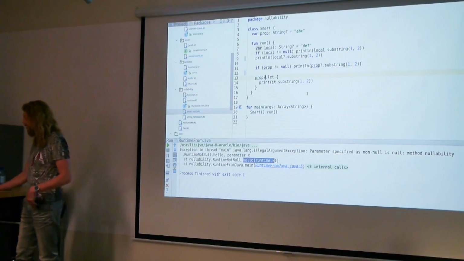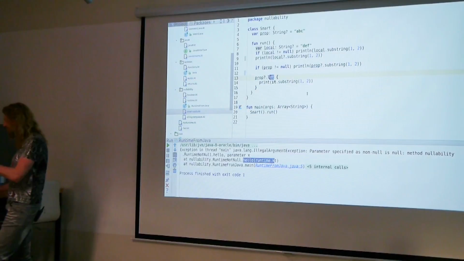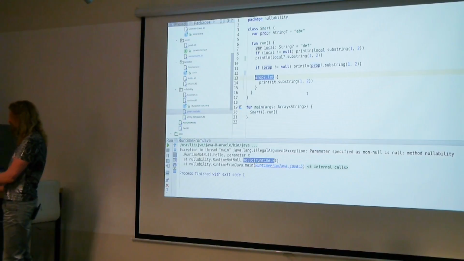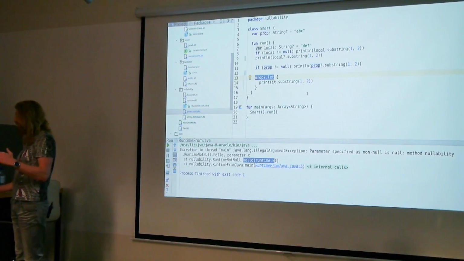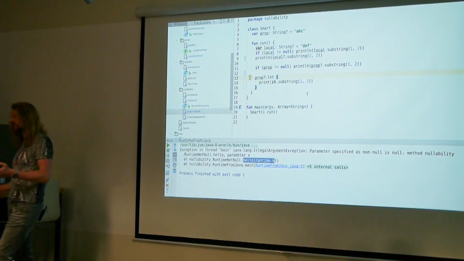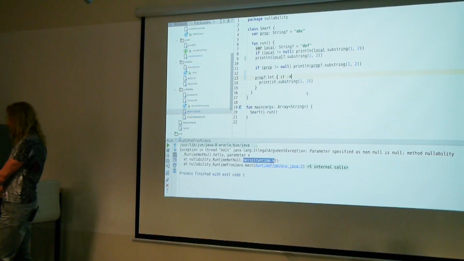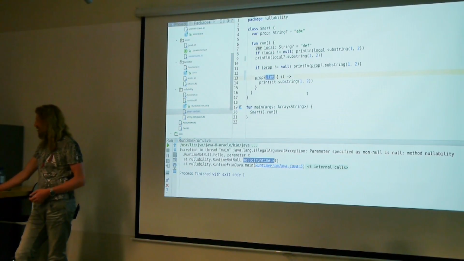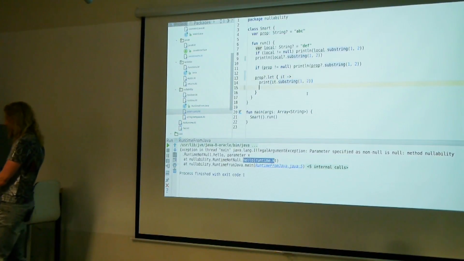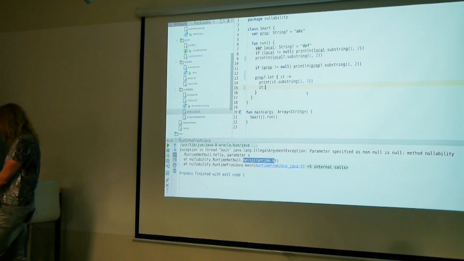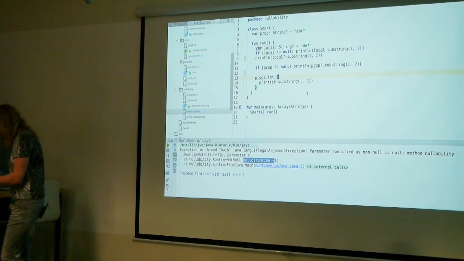In order to fix that, you can use one of the many funny extension functions that are available in Kotlin, like let. It will actually fix the value of this variable, and after that, inside of the lambda, you are sure that it will not change. So it will convert it to non-nullable. Basically, it's the same as writing this. You write let on any type, so this is an extension function for anything, and inside of this lambda you can write the code that need not be null-checked anymore.